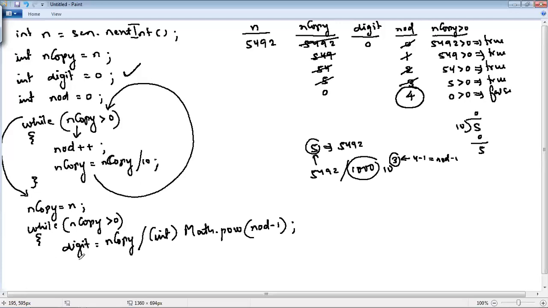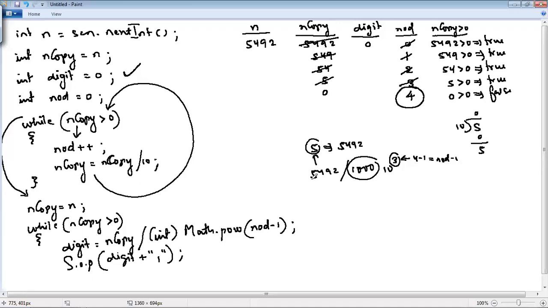NOD minus 1. And then let me display System.out.print, not println, print. System.out.print digit, concatenation sign, and 1 comma. Okay.